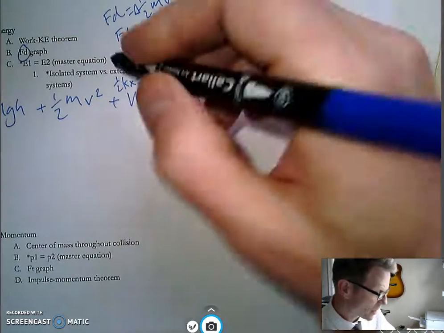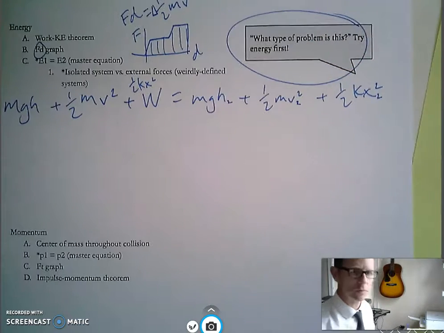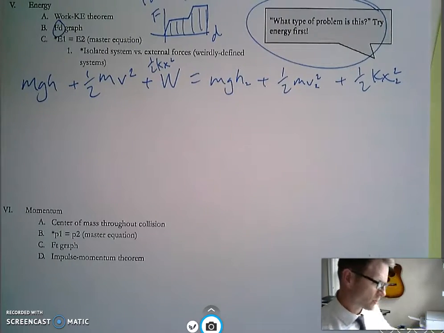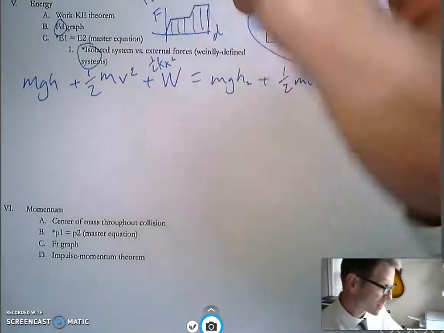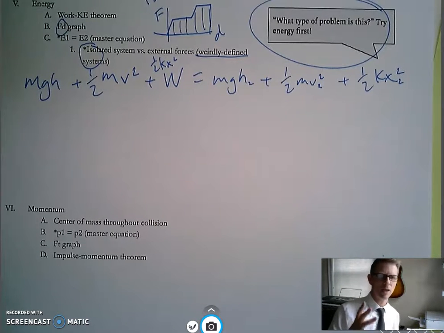If you write it out, you can then cross stuff out. I could just put a little sub 2, little sub 2, little sub 2 right there. Master equation, energy conservation, best way to think. Now remember, isolated system versus external forces, like those weirdly defined situations such as the one you saw on your